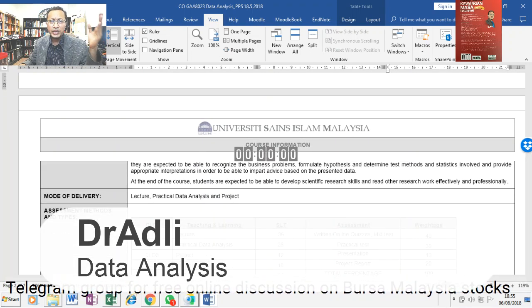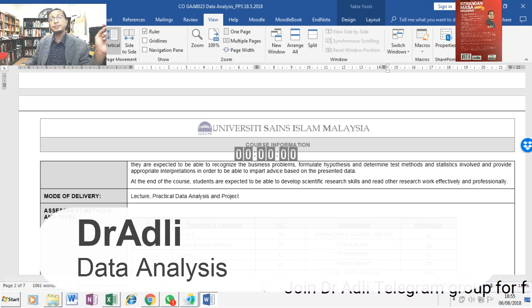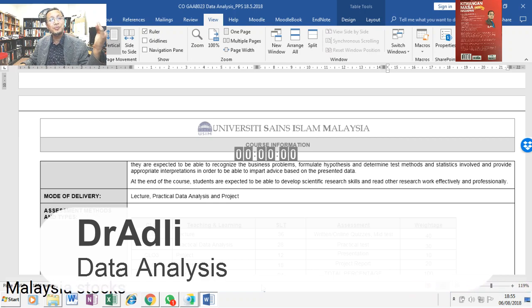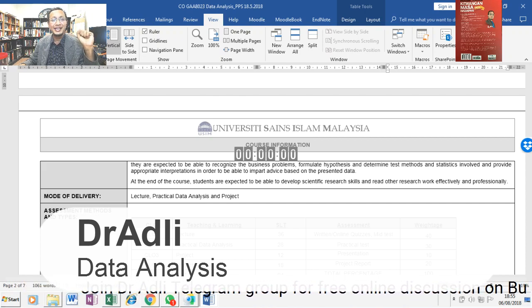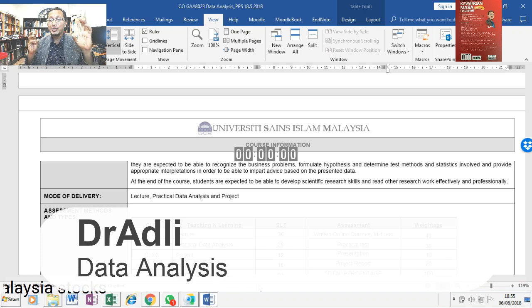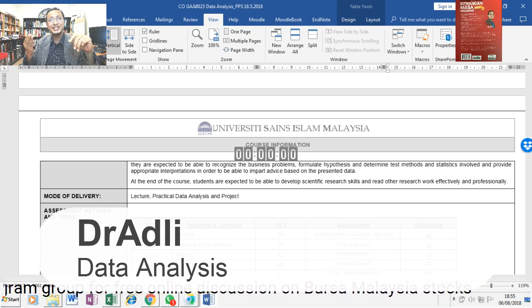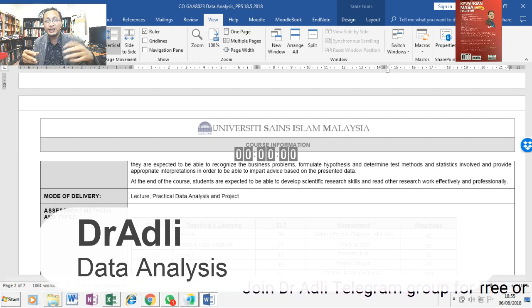All right, therefore they are expected to be able to recognize the business problems, formulate hypotheses, and determine test methods and statistics involved, and provide appropriate interpretations in order to be able to impact advice based on the presented data. At the end of the course, you will be able to develop scientific research and also read other research work effectively and professionally, so you can understand other journals, other authors writing